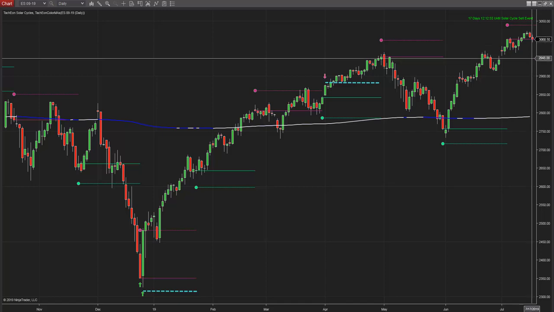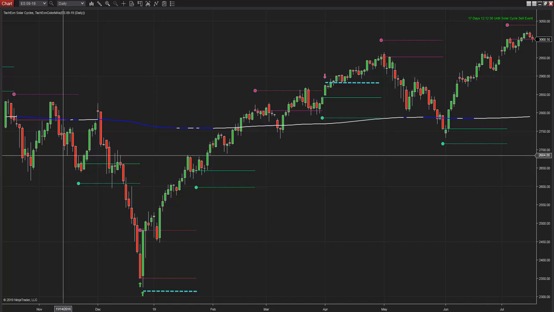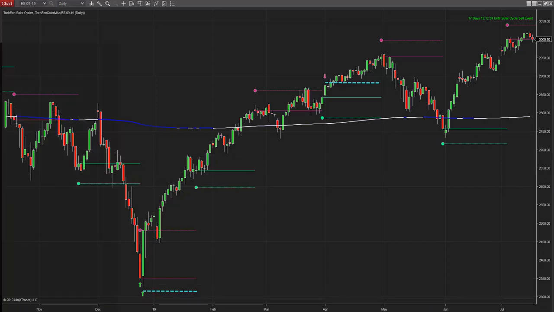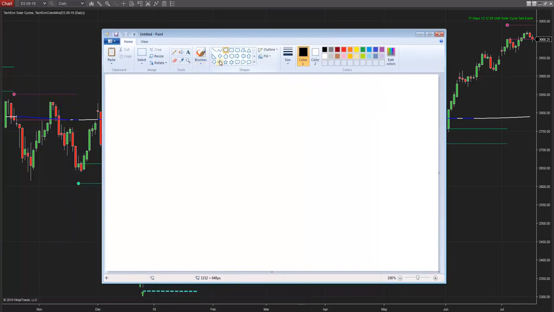I wanted to show you we finally worked out some of the programming bugs from our Tachyon solar cycle indicator. It's one of the components of our alpha package, and the alpha package is pretty cool because it uses indicators that are literally not of this world. So because we are WD Gann